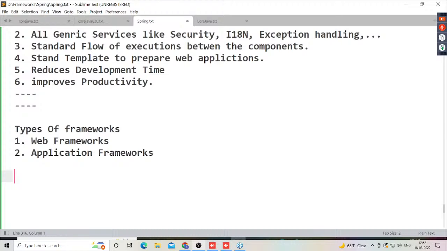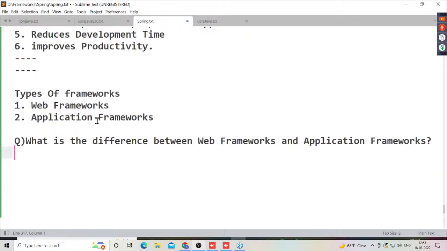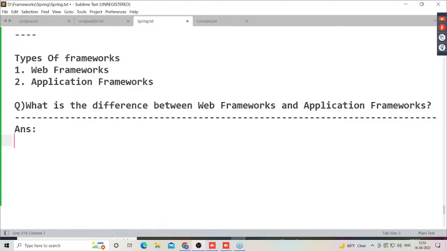What is the difference between web frameworks and application frameworks? This is one of the interview questions. First, tell me the difference between a web server and an application server. Web servers provide an environment for executing only web applications, but application servers provide an environment for executing web applications as well as distributed applications. Similarly, with frameworks,